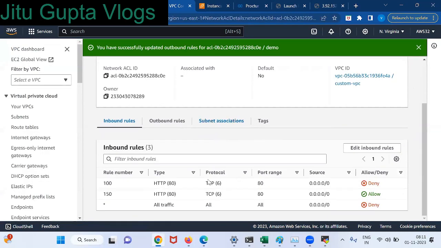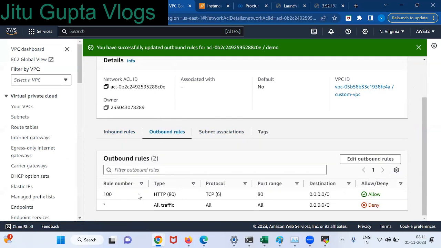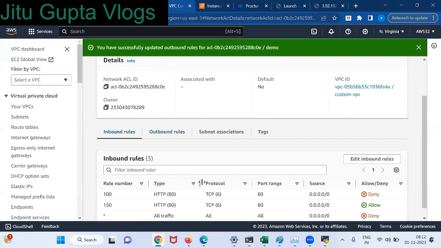If you go and check the inbound rule, I have enabled 150 and deny at 100. But in the outbound rule, allow at 100. Deny is all traffic, just leave it. So from this setup, is it the correct way or not? Will it work or not?